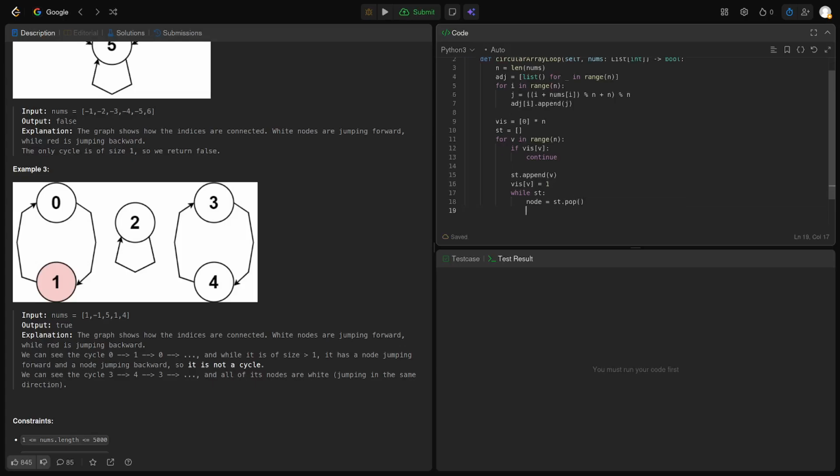And then I guess we could just do this. Okay, and then next is adj of node, and then we want to do